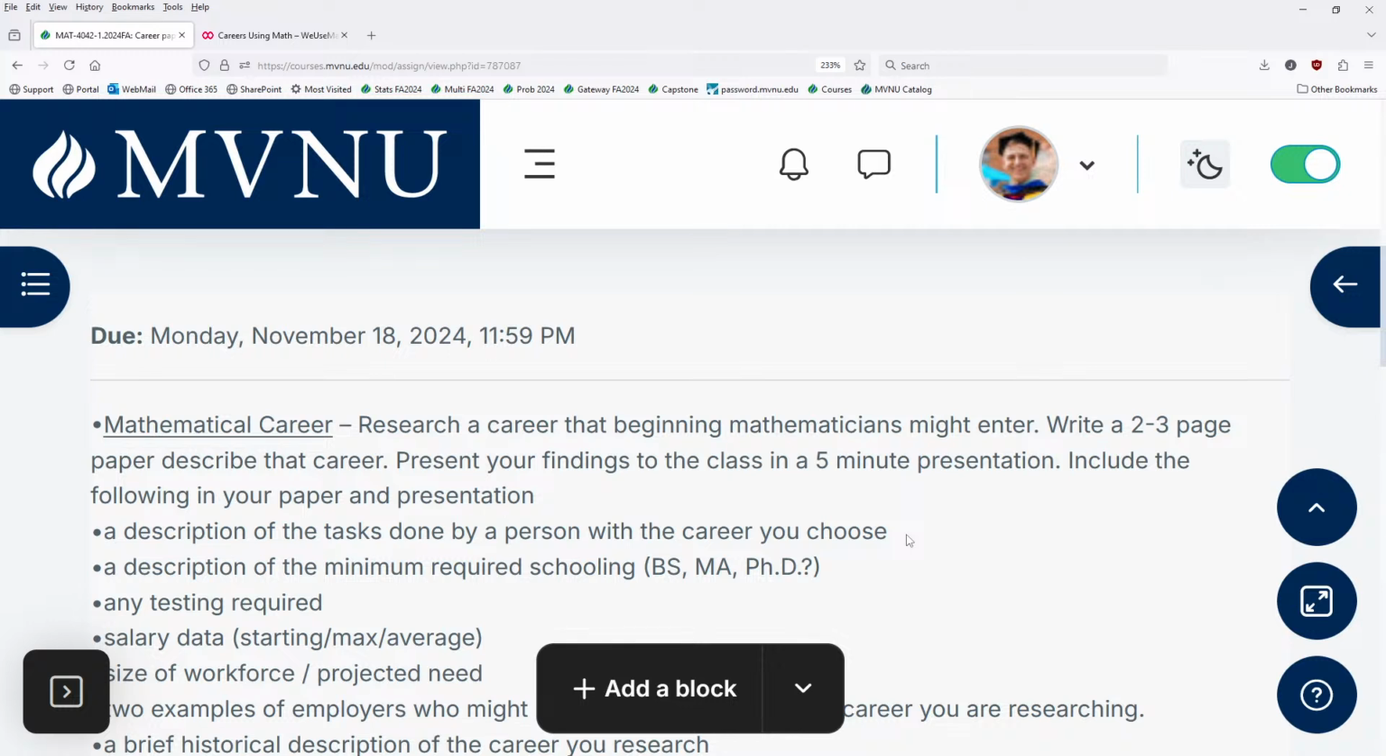But in your paper, you want to describe what is this career. What do people do? Like, what is a psychometrician? What are the daily tasks? What kind of life would you be leading if you were a psychometrician? What kind of education? Basically, you're using that website I pointed you to. That's going to be a huge help because it has many of these things. What kind of testing is required? Do you have salary data? And don't just rely on the